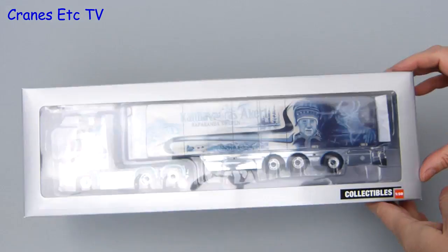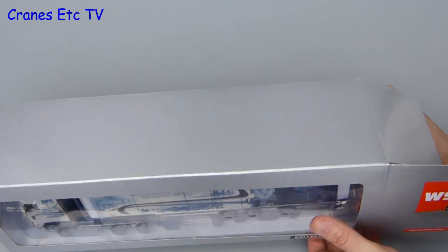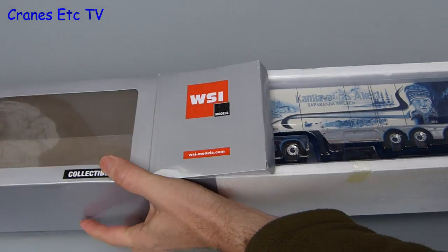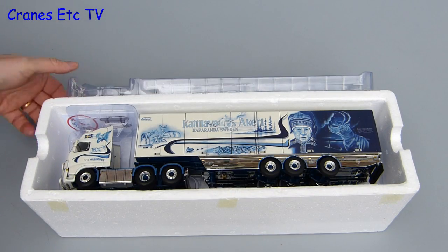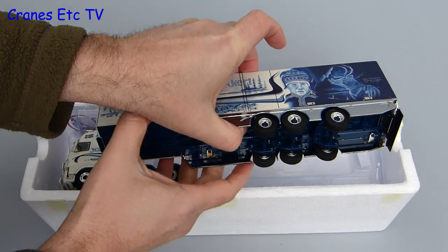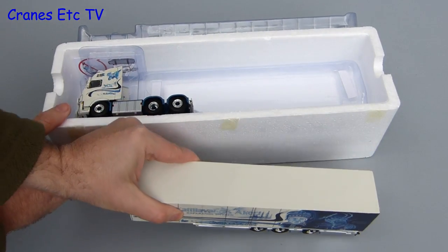This is a model of a Volvo FH2 tractor and a box trailer, and it's highly decorated as a show truck. The real truck is based in Sweden and it's in the colours of Kattilavaaras. Even though it's got quite an old series model number, 9915, it comes in a fairly modern WSI branded box, and it's factory sealed. There are only two parts inside, one of which is the highly decorated box trailer, and